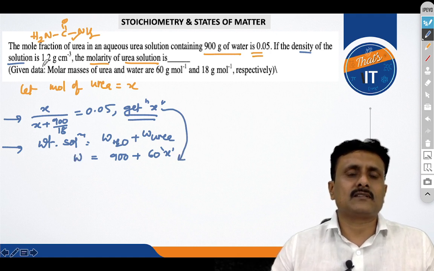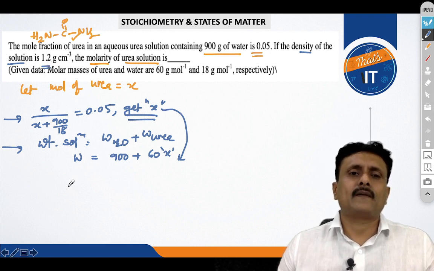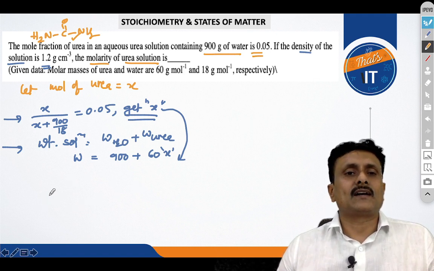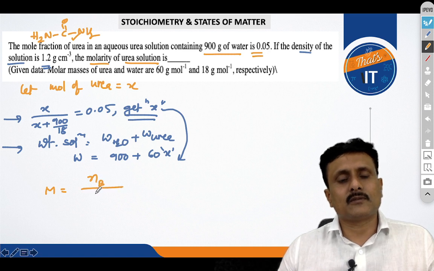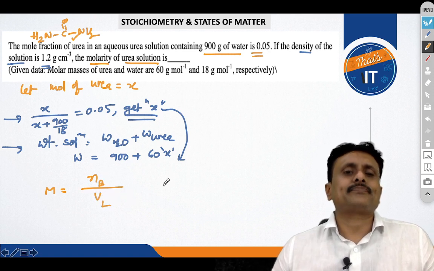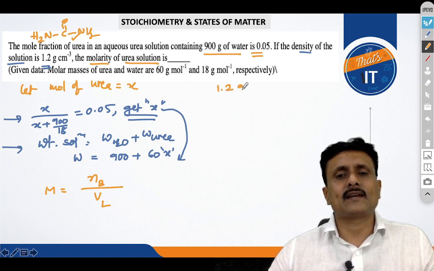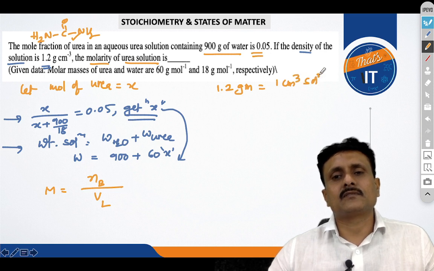Now you can see the density, that is 1.2 gram per cm cube. Alright, you got it, isn't it? Now you have to find out the molarity of the solution, right? So molarity equals number of moles of the solute by volume of the solution in liter. How do you get the volume of the solution in liter? You can see 1.2 gram is present in 1 centimeter cube of solution. This is the volume. Therefore,